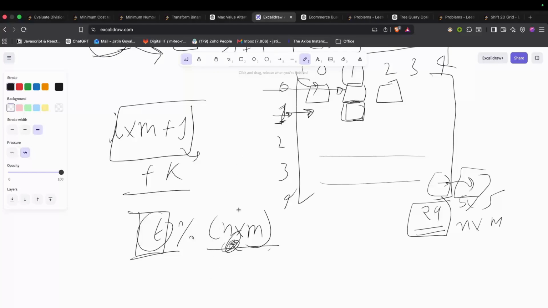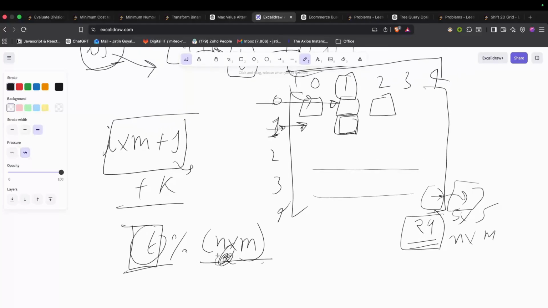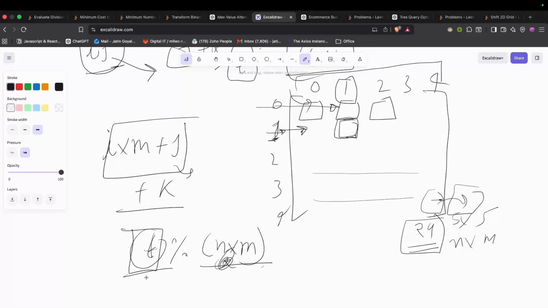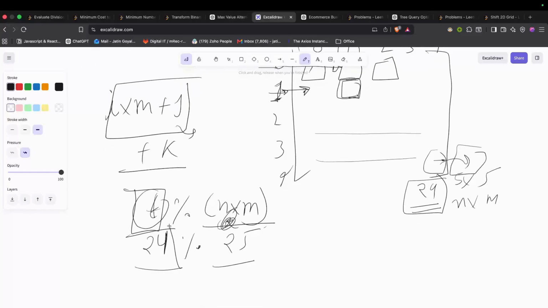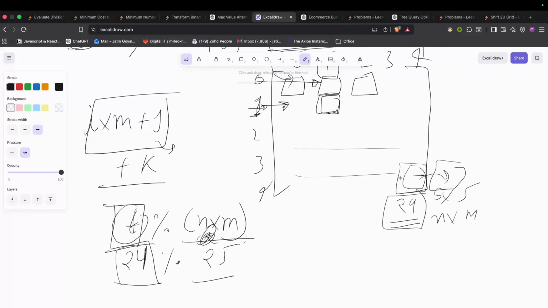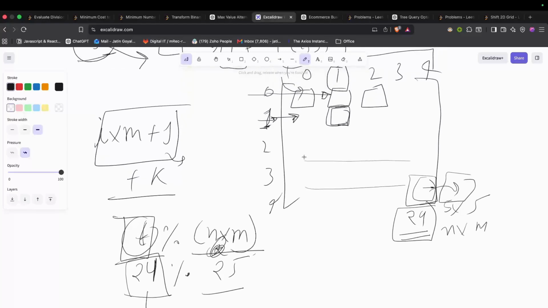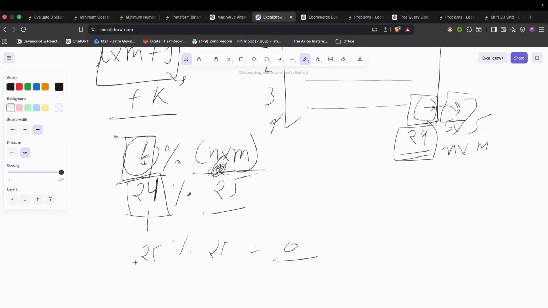So what would it give? Now this t value would be 24, and percent 25 would give remainder 24. We would remain here. But if this t is 25, then percent 25 is 0. We will move there. Likewise, if this is 25, 26, 27, always after completing one cycle, we are left with